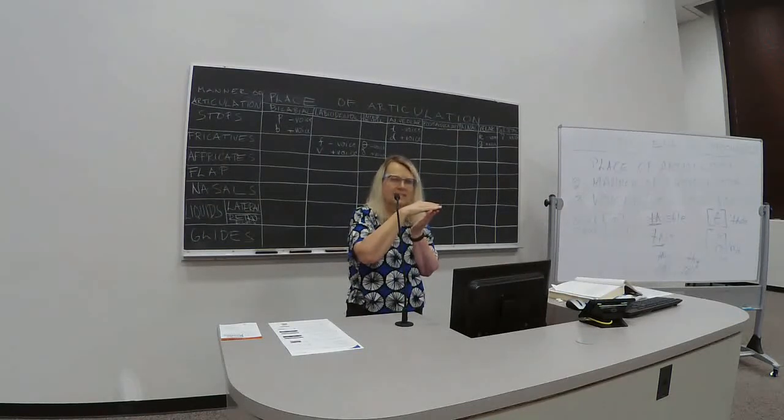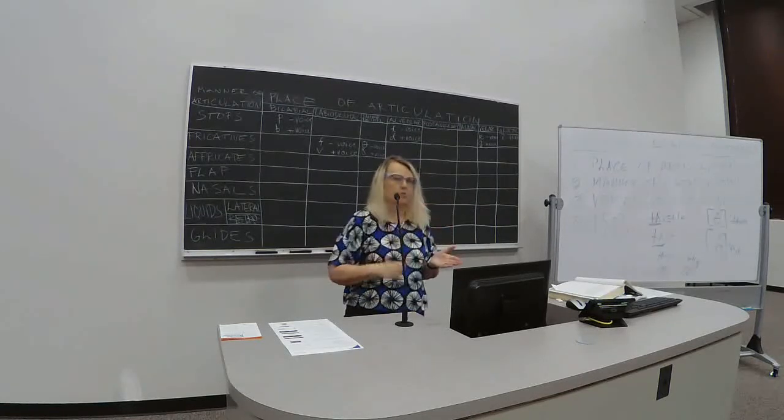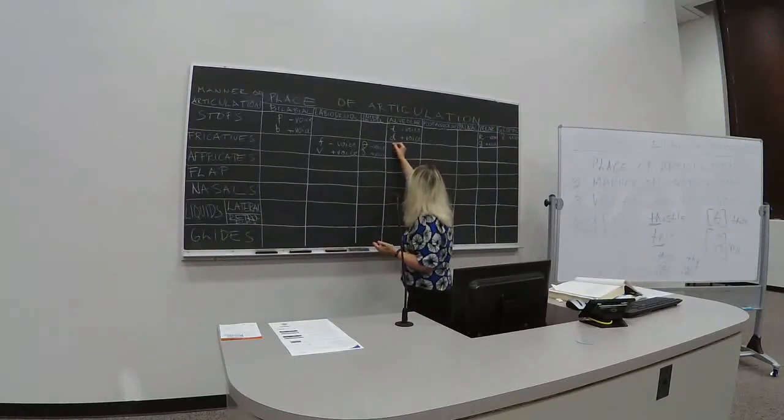So s and z are produced at the alveolar ridge without the tongue really touching it, but leaving a tiny narrow opening for the sound to go through. So we've got s and z. Again, voicing